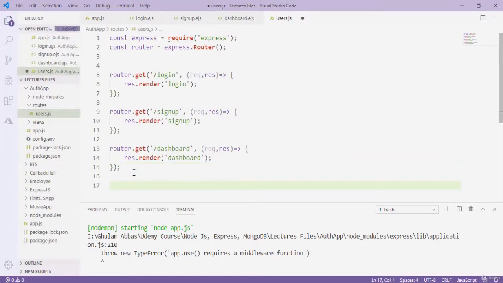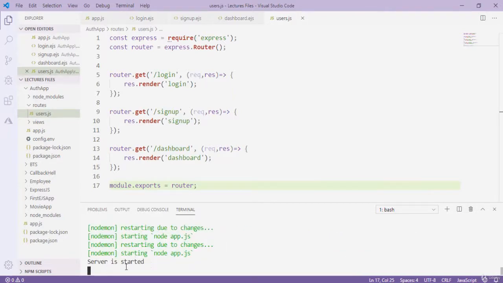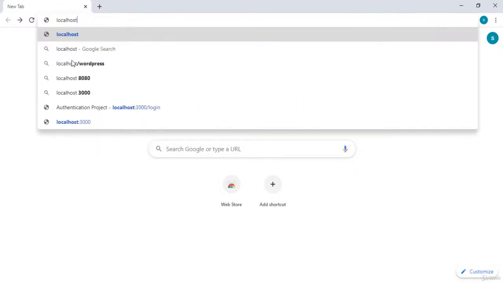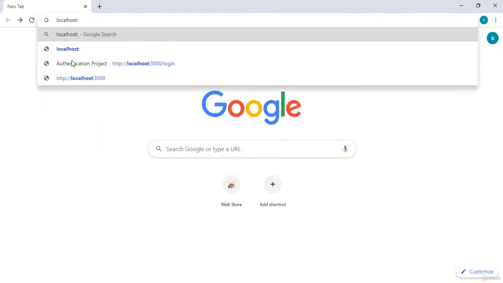So I simply type here module dot exports router. Simply I save that, and now server is started. So I go to my browser and I type here localhost port 3000 slash login,